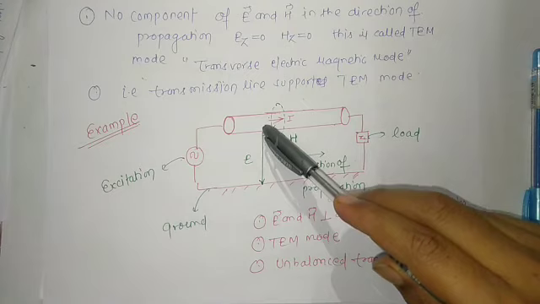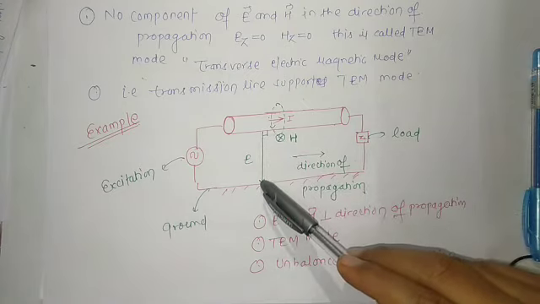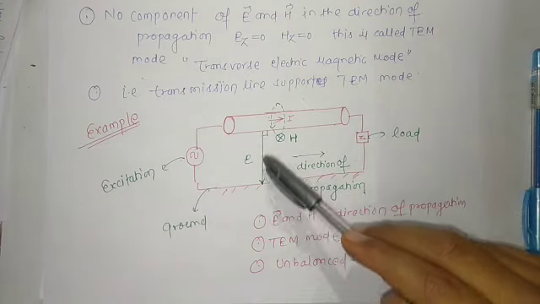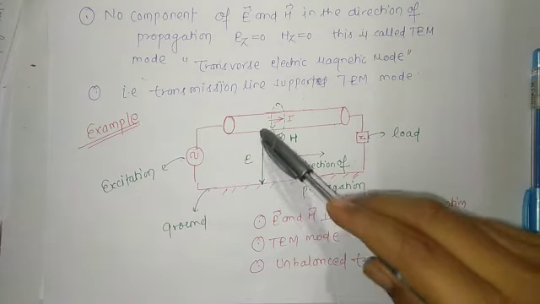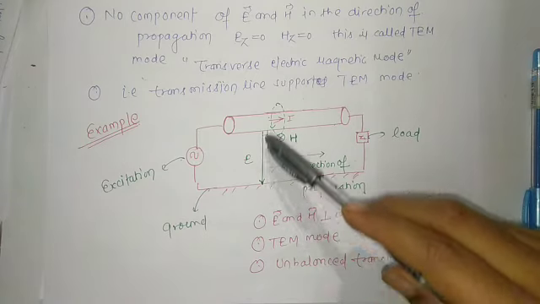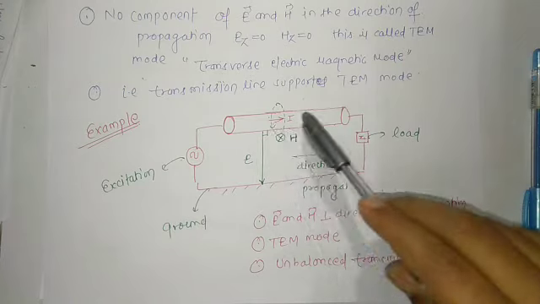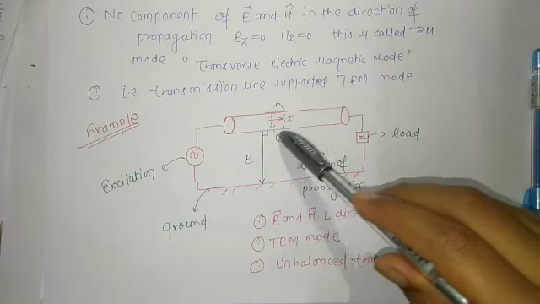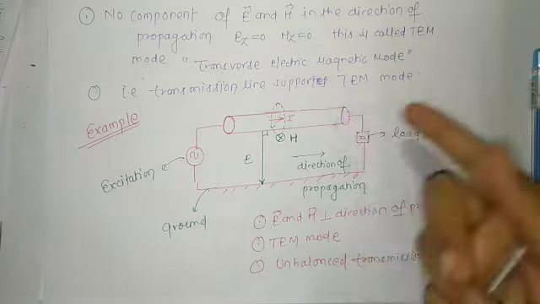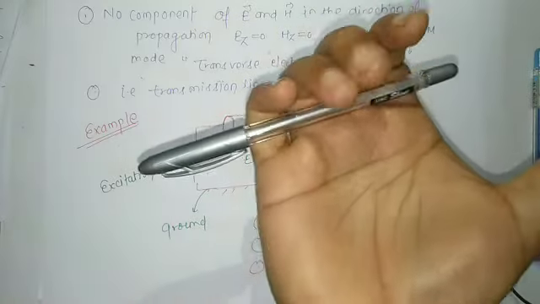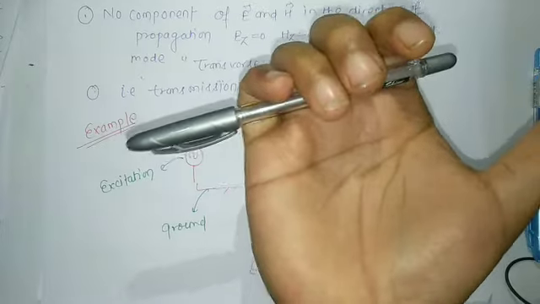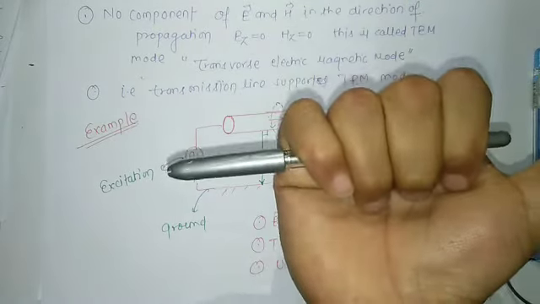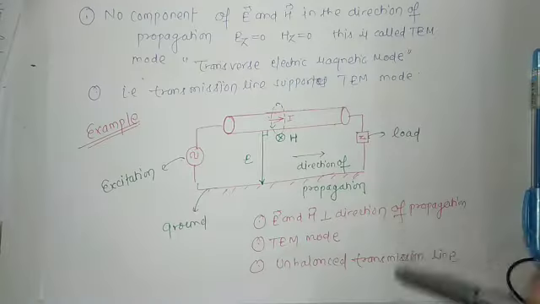The electric field starts from one conductor and terminates on another conductor, and it makes a 90-degree angle. It means it is always perpendicular to the conductor. What is the direction of the magnetic field? The current is going like that. Wrap your fingers. The thumb represents the direction of current. Wrap your fingers and get the direction of the magnetic field.